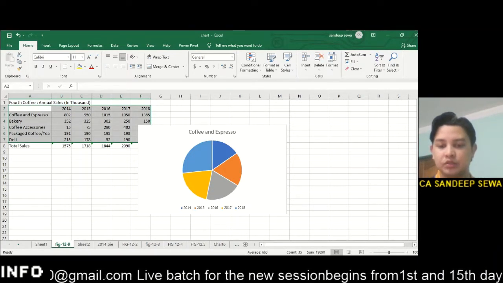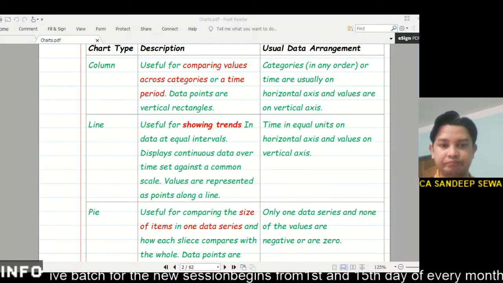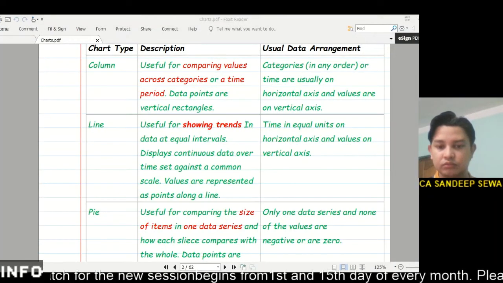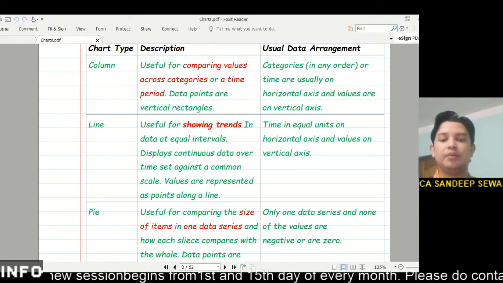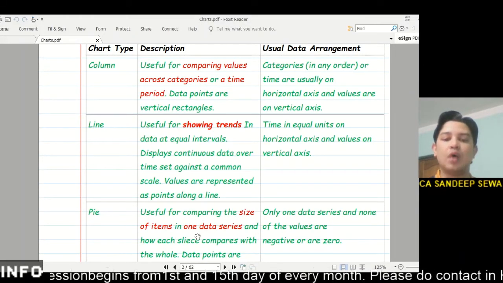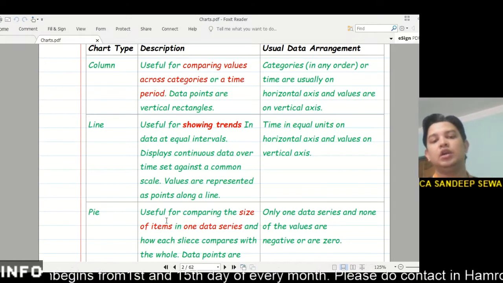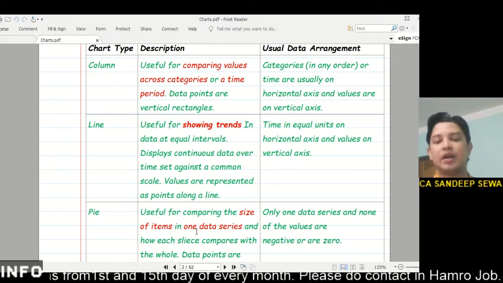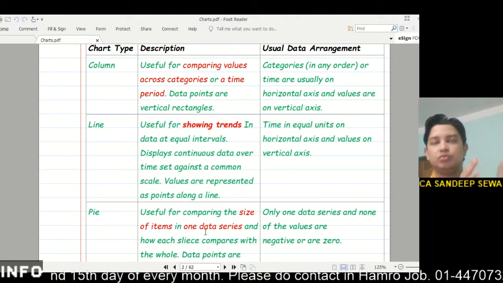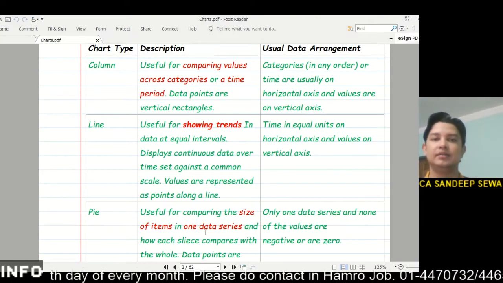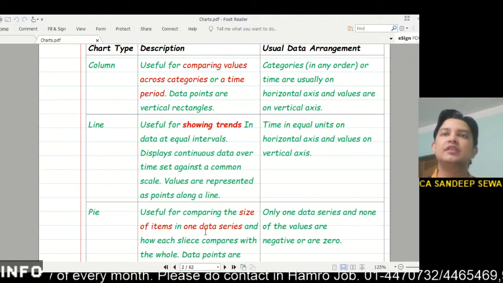Okay, so I want to show you again. See, it is useful for comparing the size of items in one data series. Useful for comparing the size of one data set. If I select 2014, 15, 16 data, is it the right type of chart?